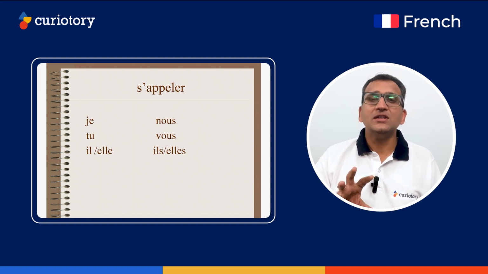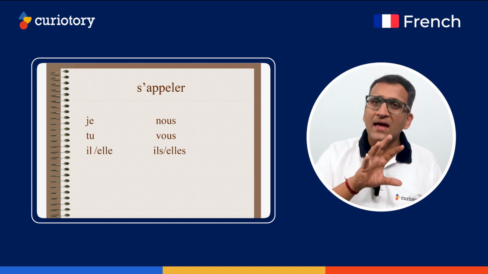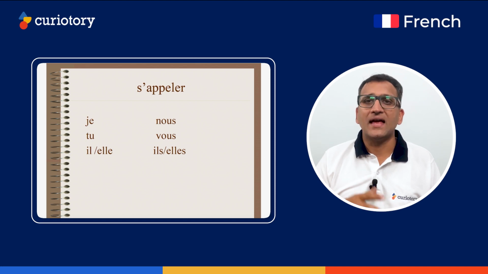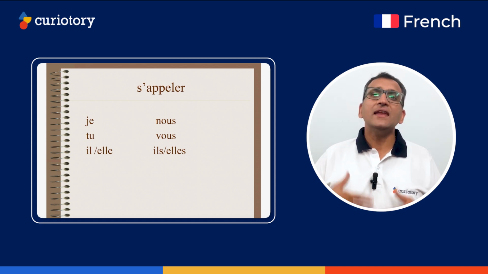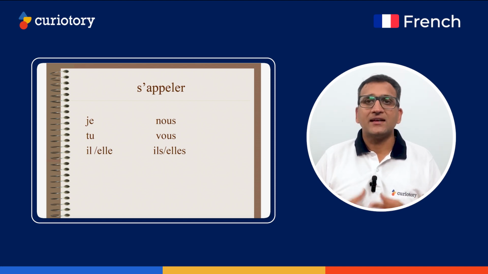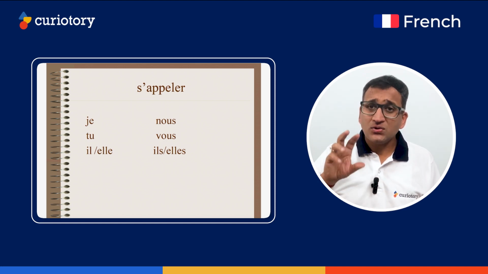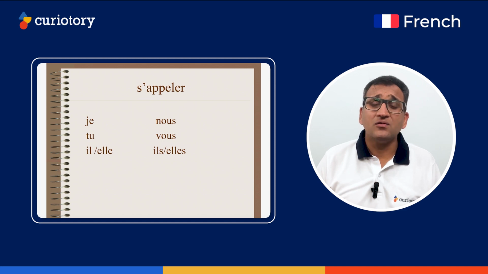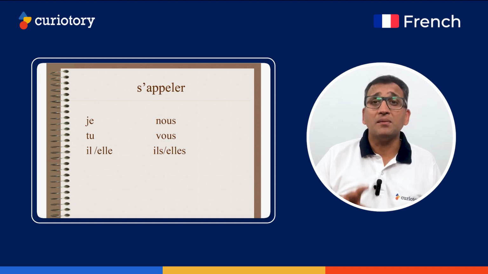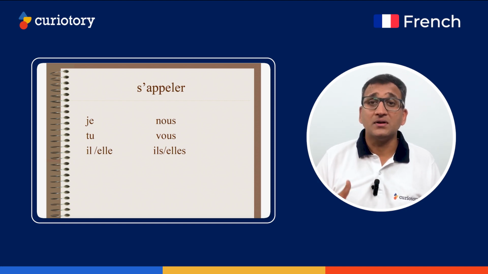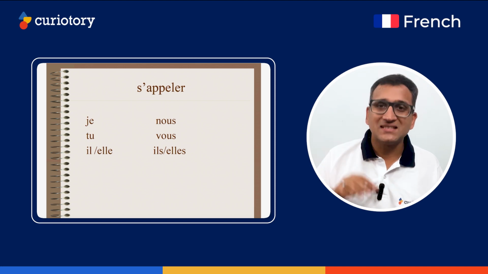So in short, firstly, you need to understand, you cannot do word-to-word translation of any language. Every language has its own expressions, has its own style. So French is no exception. The verb s'appeler is very important when you talk about your name, or someone else's name. This is what we have learned in the first video. Here we talk about je m'appelle, right? So remember, je m'appelle comes from the verb s'appeler.